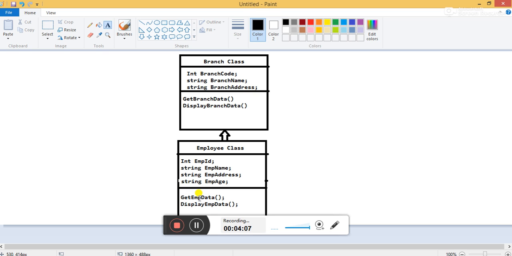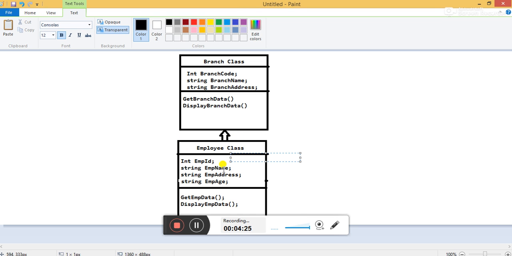To read the input, we have written a function employee data, and to display the data on the console screen, we use the display employee data function. And we are inheriting the branch class here. When we create the instance of the employee class, we can access the base class functions also. This is the main use of inheritance: code reusability is possible in inheritance.